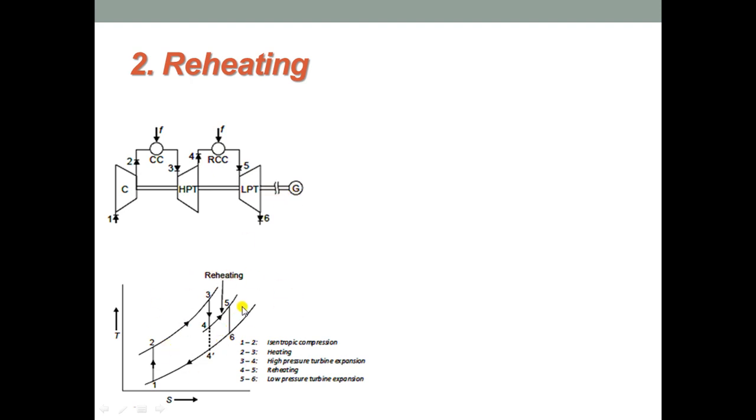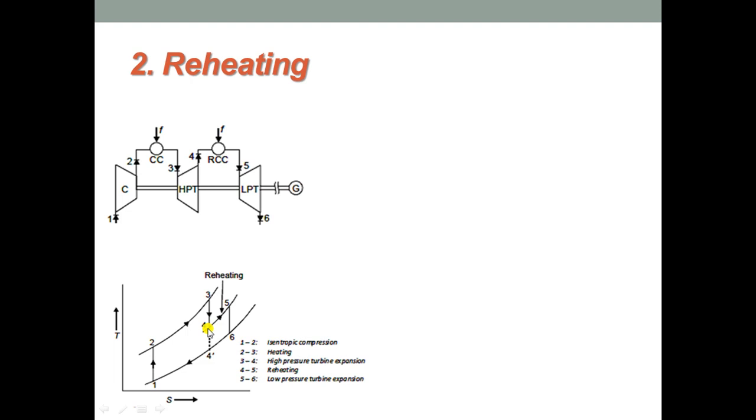The heated air coming out from the first combustion chamber, which is in between the compressor and the high pressure turbine, at condition 3, as you observe in the TS diagram, is made to flow through the blades of the high pressure turbine. That is the first stage of expansion, wherein partial expansion of gases takes place from point 3 to point 4, and the heat energy of air is converted into mechanical work in the form of rotation of shaft.